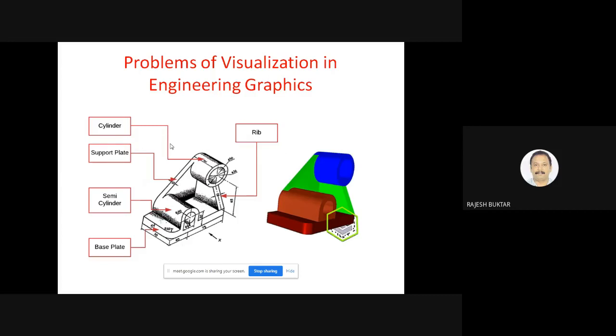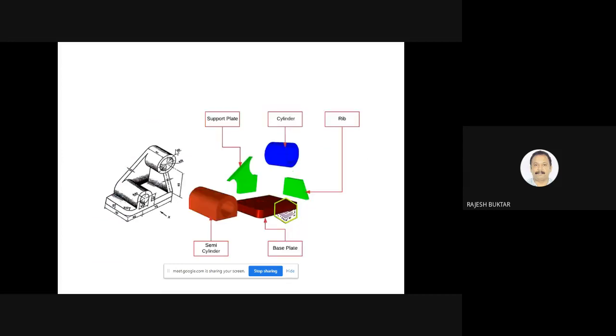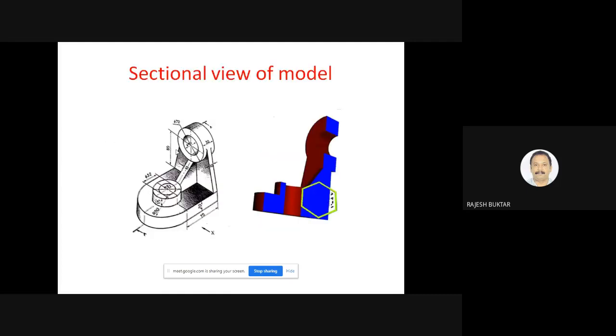So this is how the exploded view works. After feedback, we understood that the students also require an exploded view of the object, and therefore we provided that facility by animating in this fashion, which I have already demonstrated in the video. Sectional view is also a problem that can be targeted through AR.